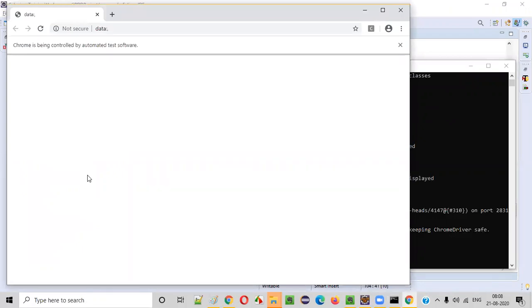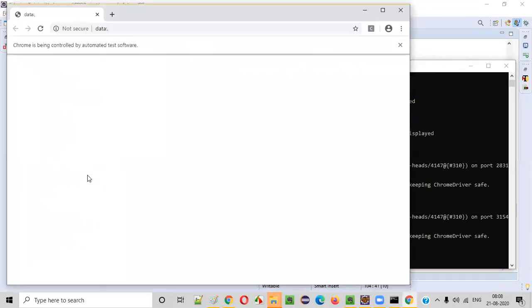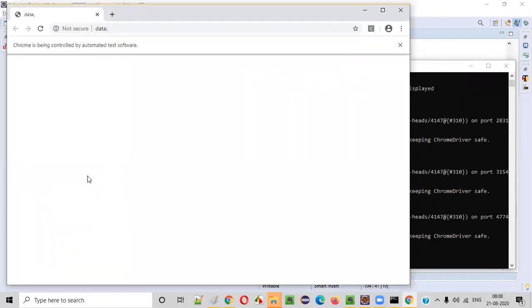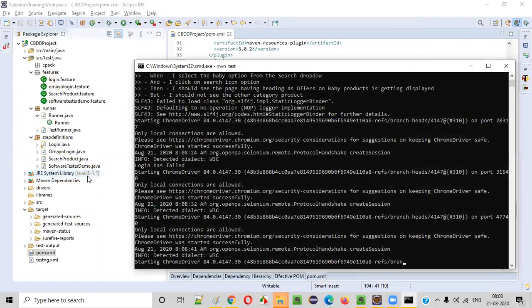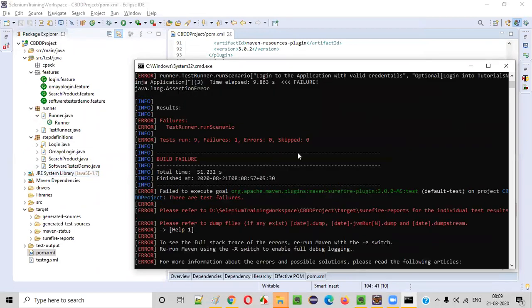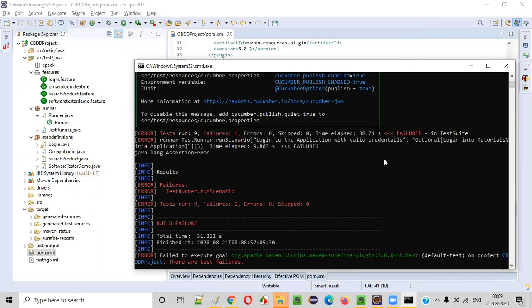Okay, so the complete process you have to understand: from where the things are starting, to where they are going. You have to understand because tomorrow you will use Jenkins. In Jenkins, you have to provide MVN test only. You cannot provide the project there, right? Why do we have to use Maven, guys? Maven commands are required in Jenkins again. So in real time, you will not run like this. You will run from Jenkins. For Jenkins, Maven is required. Okay, one of the tests is failing. That's fine. Let's not worry about the failures and all. But this is how we have to run, guys.